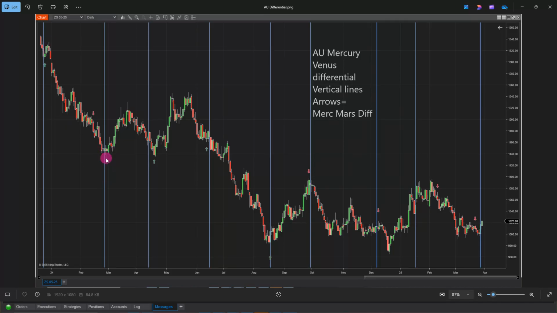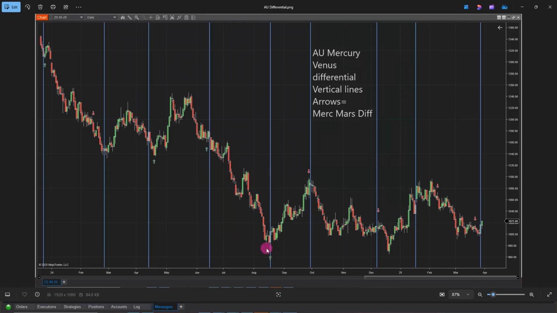Our next point, we had this major low. The Mercury, Mars was the breakout bar on this little sideways triangular consolidation. So that put it into the move down that went right to the next time point of the Mercury, Venus. Then we had the Mercury, Venus point here was a minor high, and then the Mercury, Mars point was this significant low. The next point, we had these a couple days apart. The Mercury, Mars was a low, kicked it right up into the Mercury, Venus 2 days later,